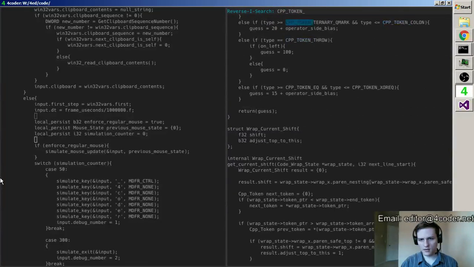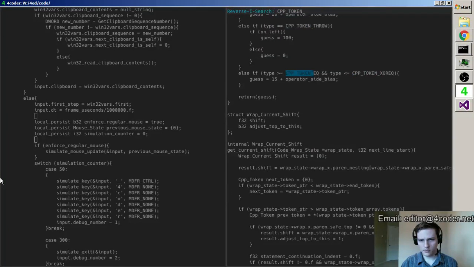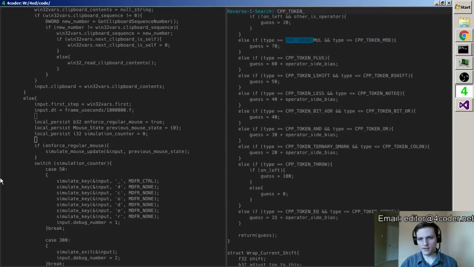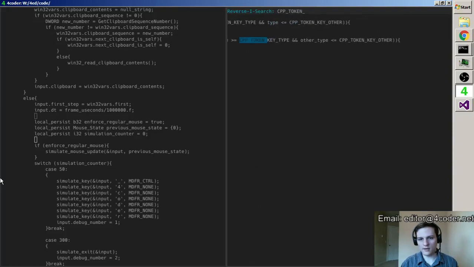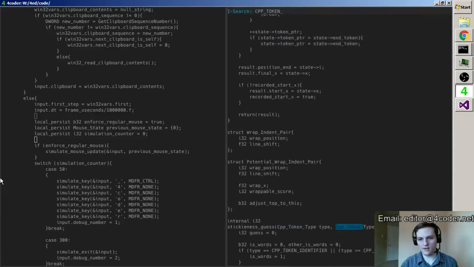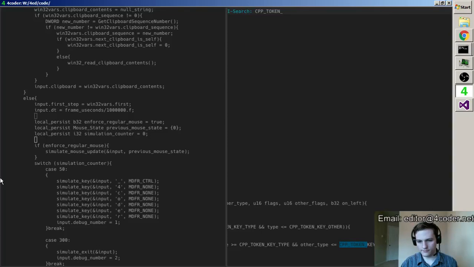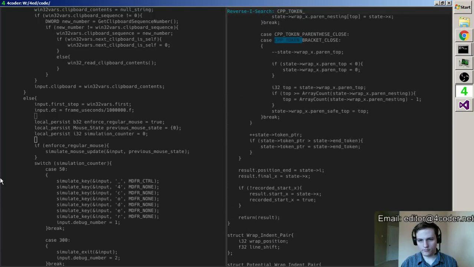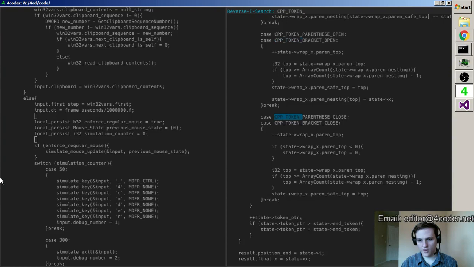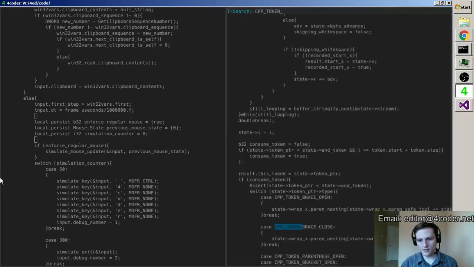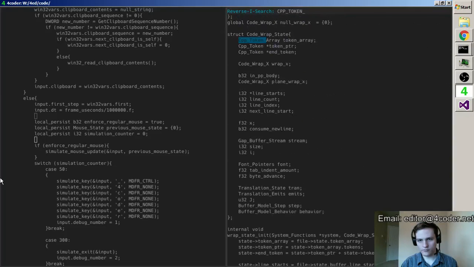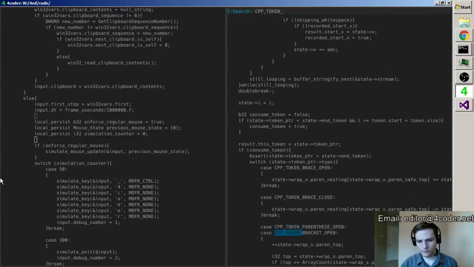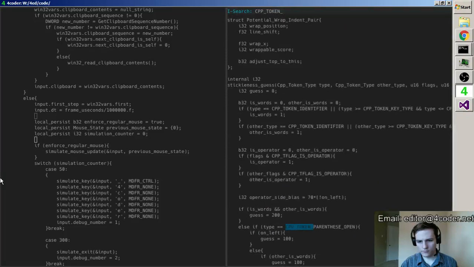Where's my... No, that's for guessing at... So there's a lot of stuff here, like, if you want to get it really detailed, the more information you give it, the better it'll do. Some of the stuff you might not care so much about. Identifier you want. So yeah, parentheses, brackets, braces, all of this stuff here.